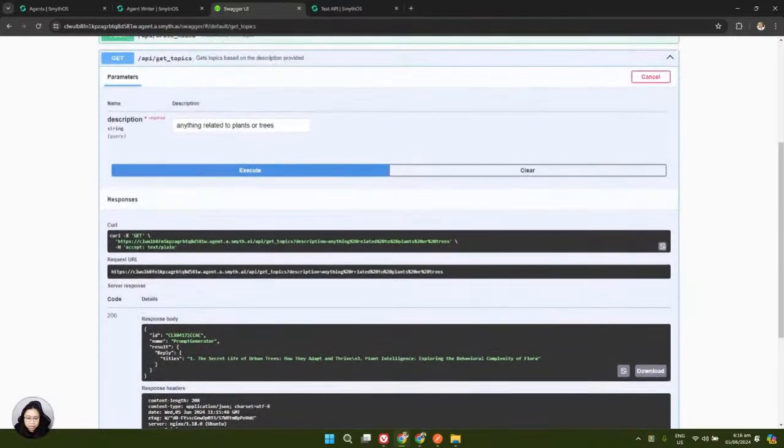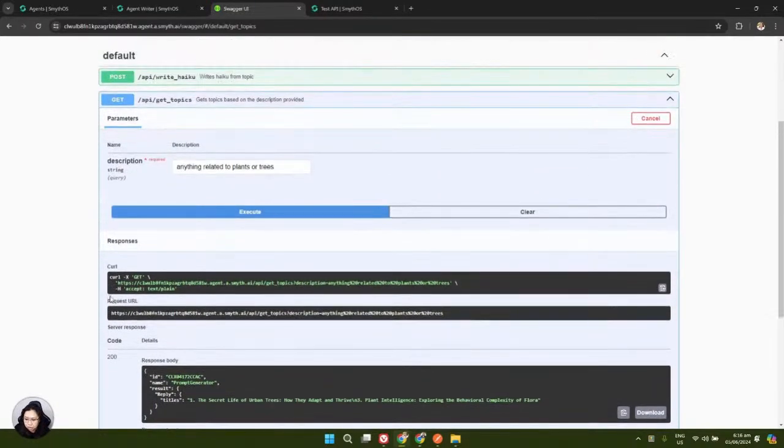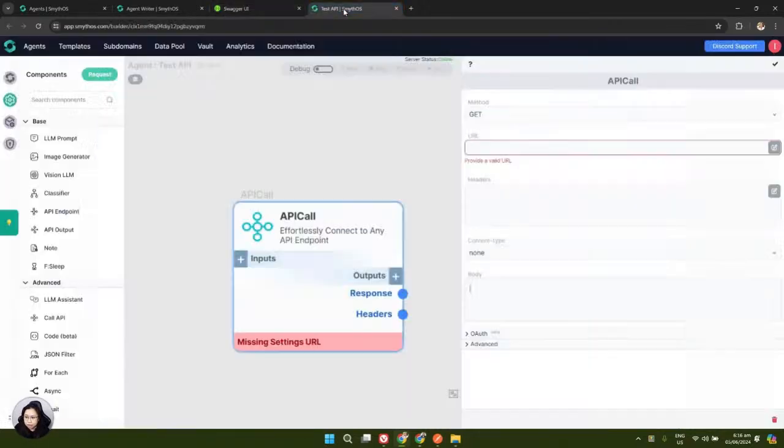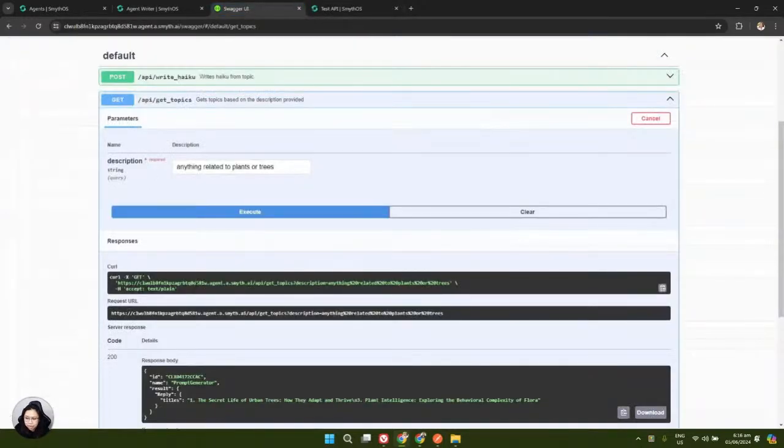Now, if I'm going to translate this into an API call component, this is the data I need. The method that we did is GET, so I'm going to select GET here. Then the URL is this one, so I'm going to copy this URL